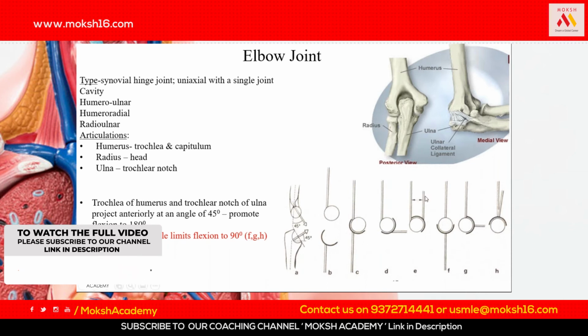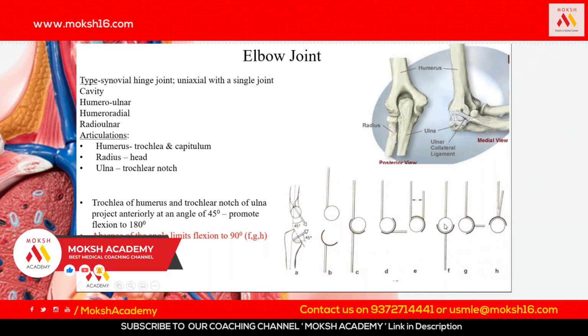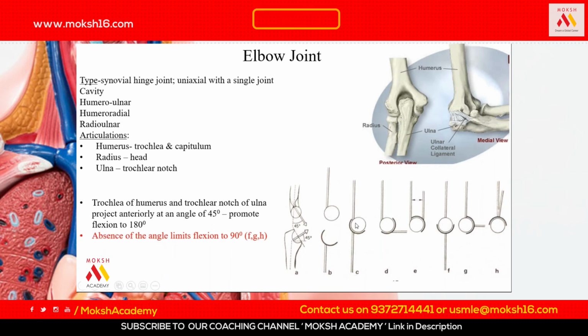If it were to be straight, like how it is shown here in F, G, and H, you find that there will not be a full flexion at the elbow accomplished in this way. Since it is arranged like this, here in C, D, and E, you can see that when there's a full flexion at the elbow, you can find